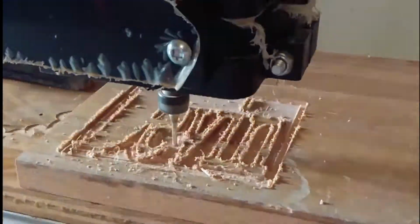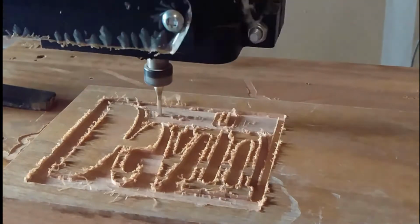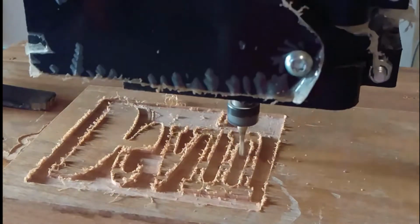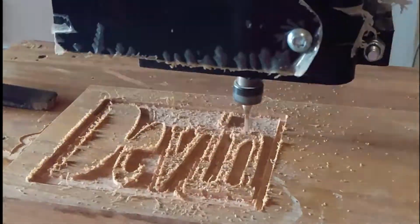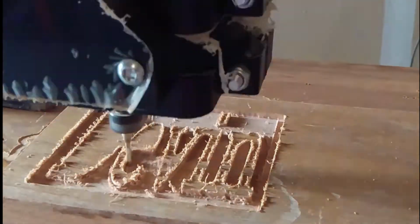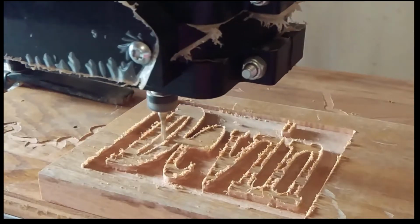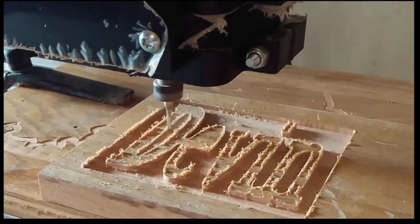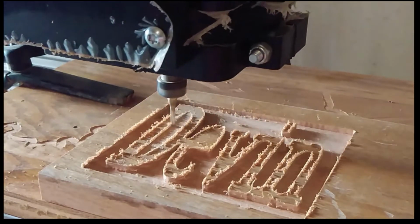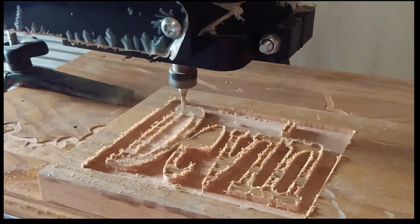So currently I am using the 1/8 of an inch end mill. It gives a nice finish. I know it leaves a lot of the fuzzies along the side of the lettering, but the 30-degree V-bit will take that down. I run shallow passes so I don't put too much wear and tear and bog down the machine. What I do now is I usually go with a plunge depth, with this 1/8 of an inch end mill, of about